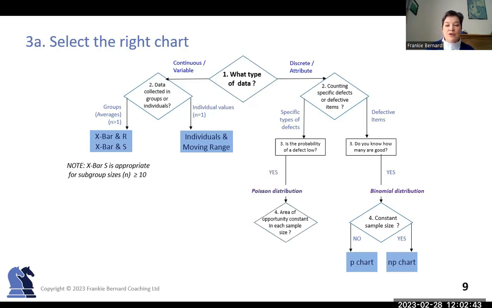At which point, your next and final question is going to be, is my area of opportunity for defect constant or not? If the answer is yes, you would use a C chart. If the answer is no, you'd use a U chart. The area of constant opportunity for